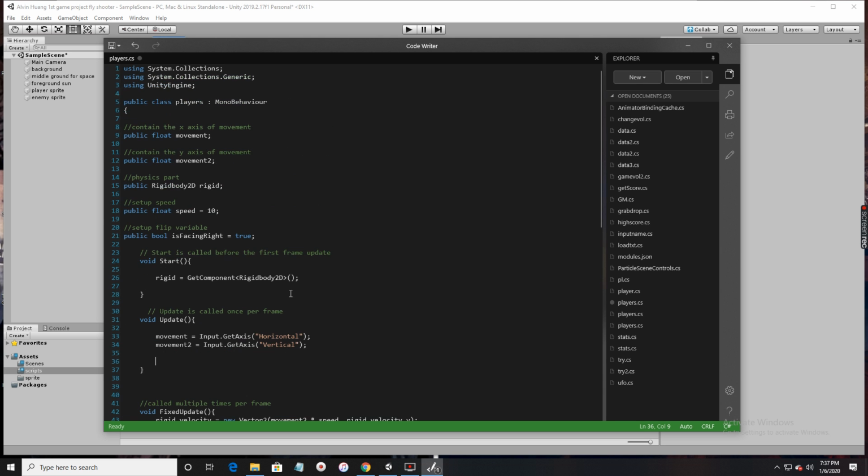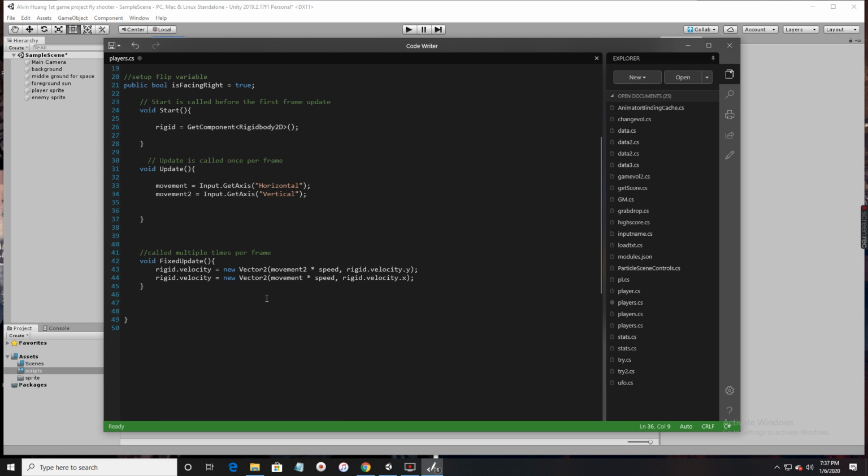Once we've done that, when you think of flipping, we have to take into account that it could happen multiple times per frame, so that's where we use FixedUpdate. Let's do that right now. FixedUpdate will take an if condition: if movement is less than 0 and isFacingRight,